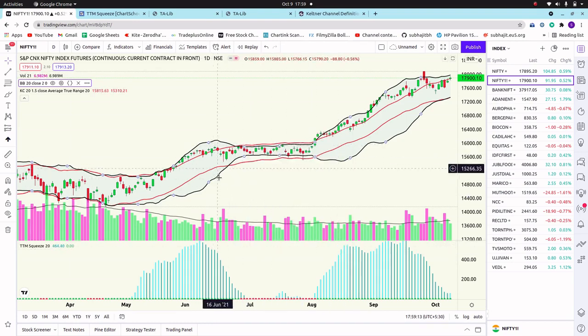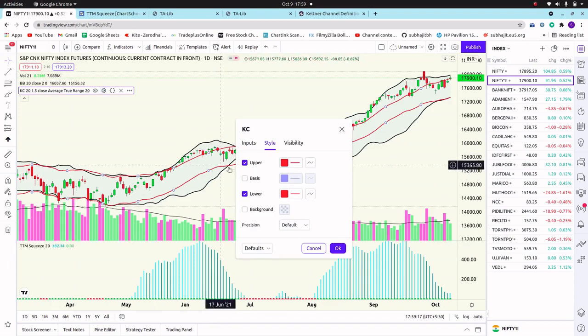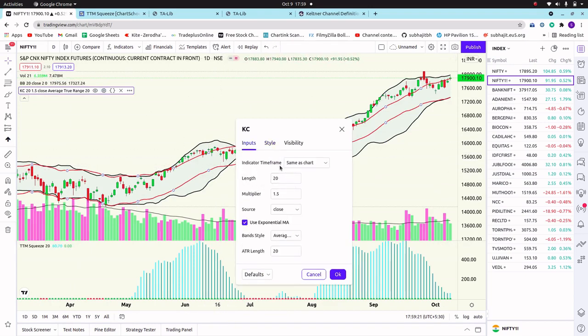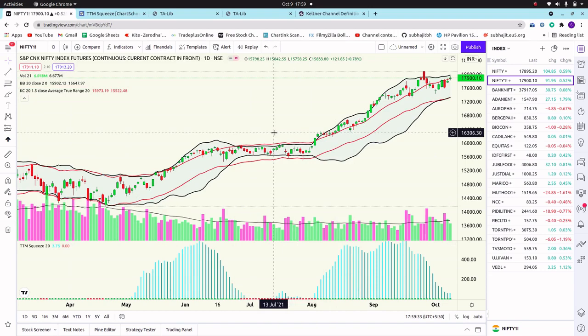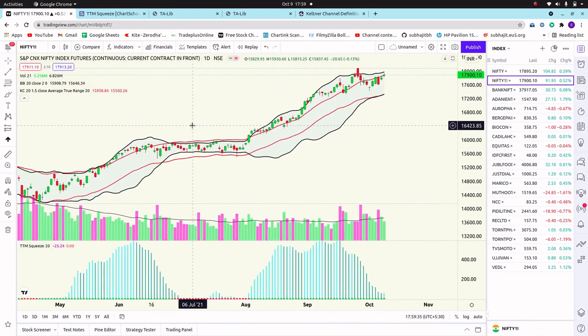So the black band is the Bollinger Band, and the Keltner channel, look at here, is the red channel, and we are taking the configuration as 20 as the length and 1.5 as the multiplier. You can change it according to your logic, and the ATR length is 20. So a stock will be in squeeze if the Bollinger Band is totally inside the Keltner channel.